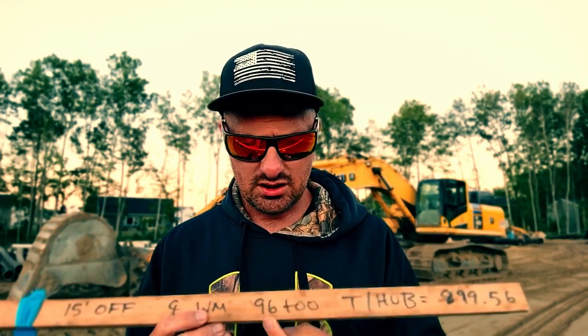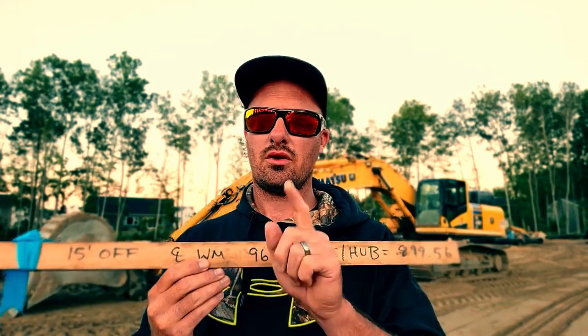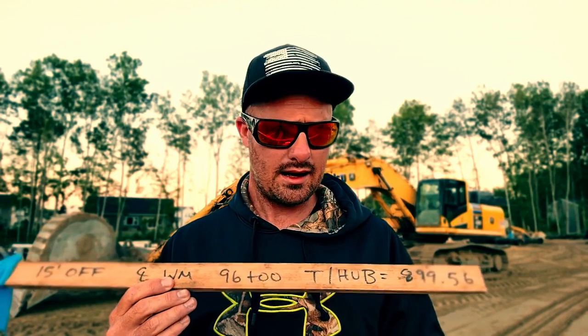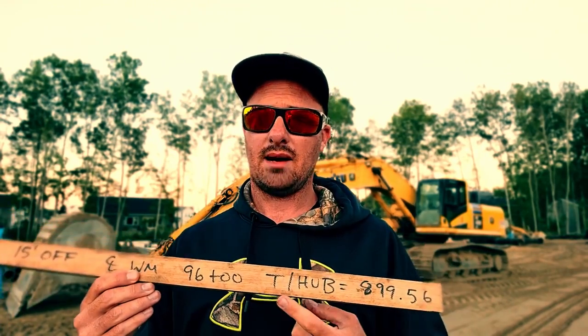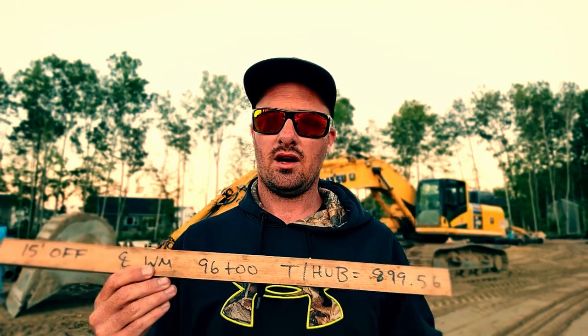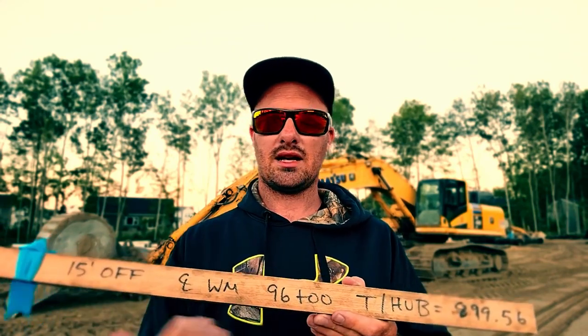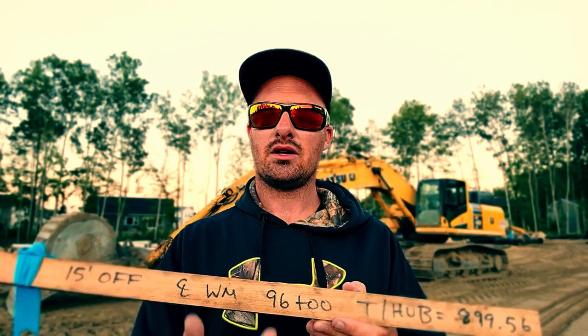We have a station number of 96+00. Again, we'll get into stations. Don't panic yet. And then we have the top of the hub. This stake was sitting right next to a hub, top of hub, and there's the elevation of the hub. Again, this can look really intimidating at first, but when you really start breaking it down into its pieces, it's